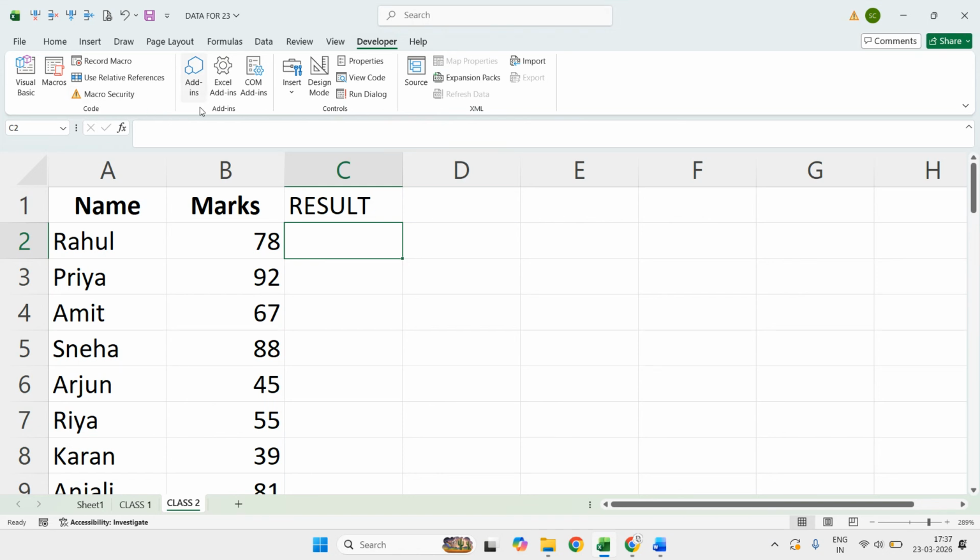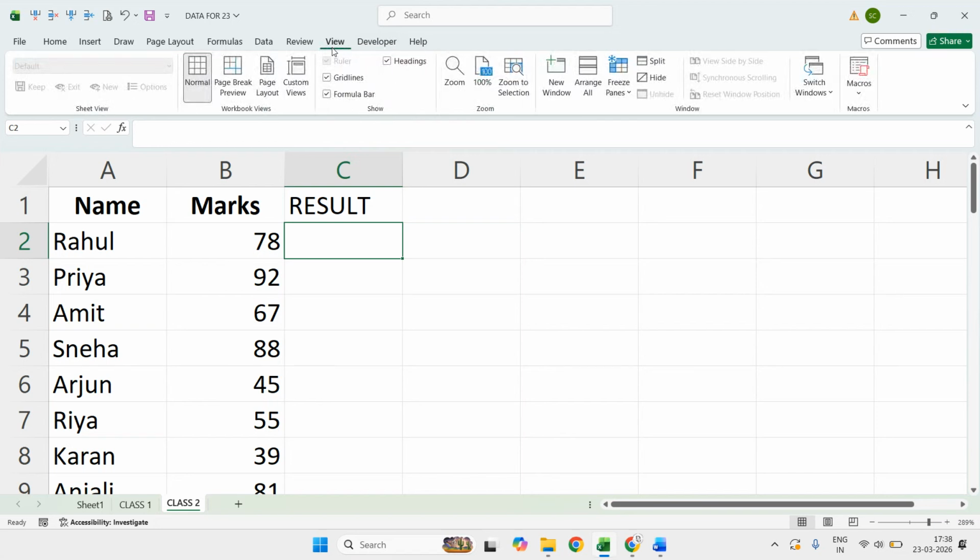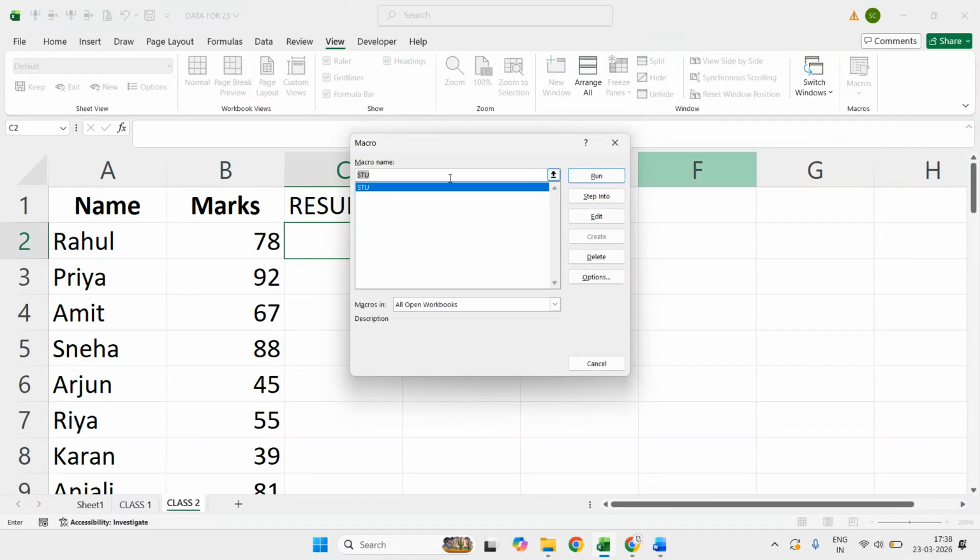So for that, what can you do? You can basically go to this view tab, and after going to this view tab you will get the option of macros on the top right. Clicking on the macros you will get this option of view macros, and in the view macros you can see that stu is automatically present here.